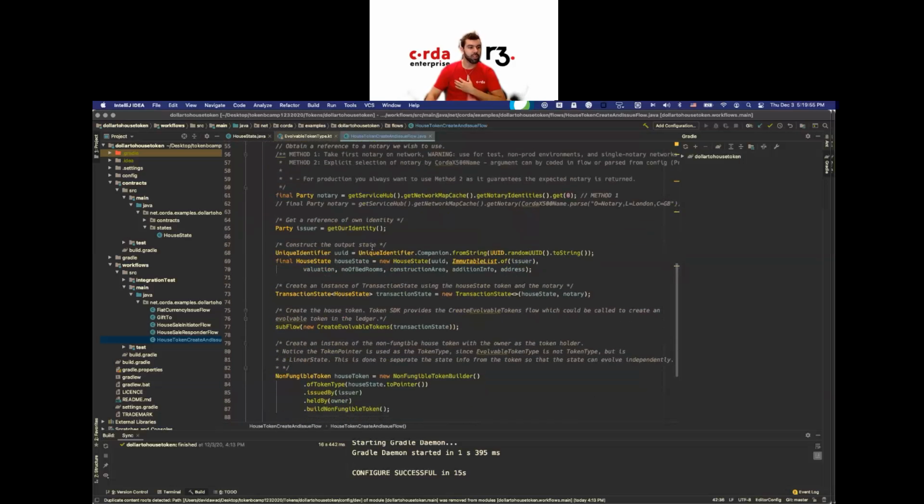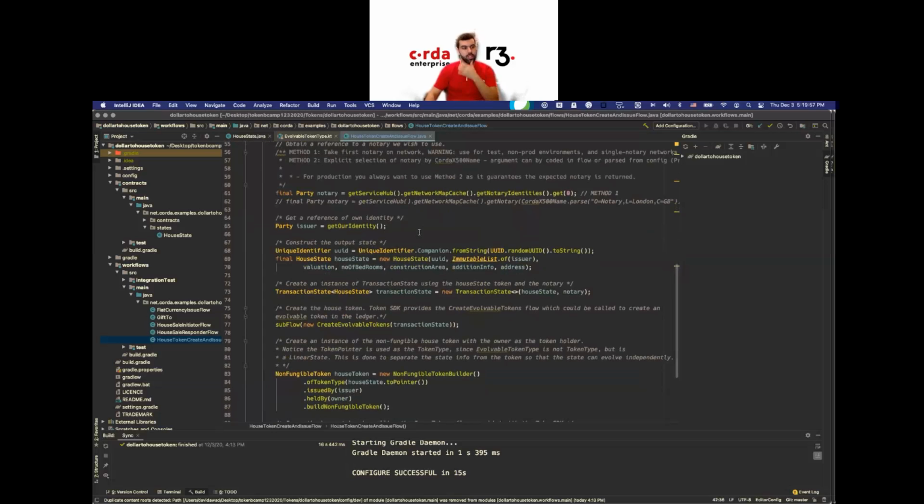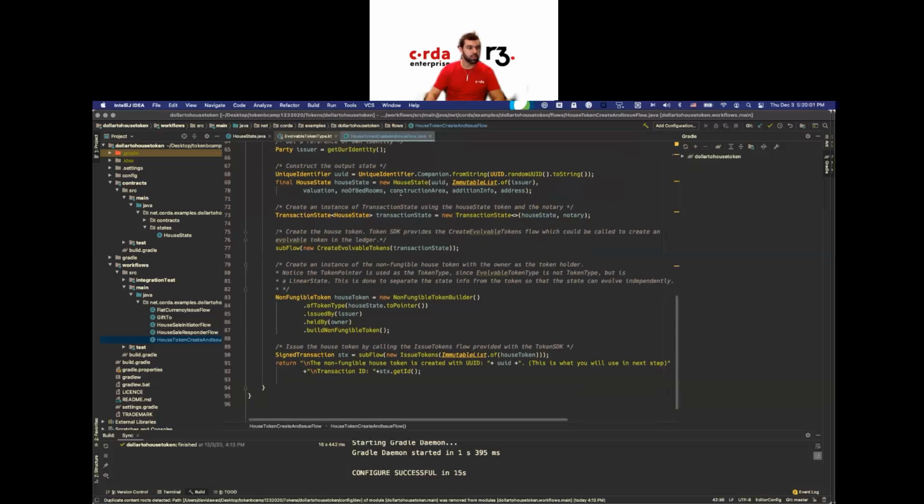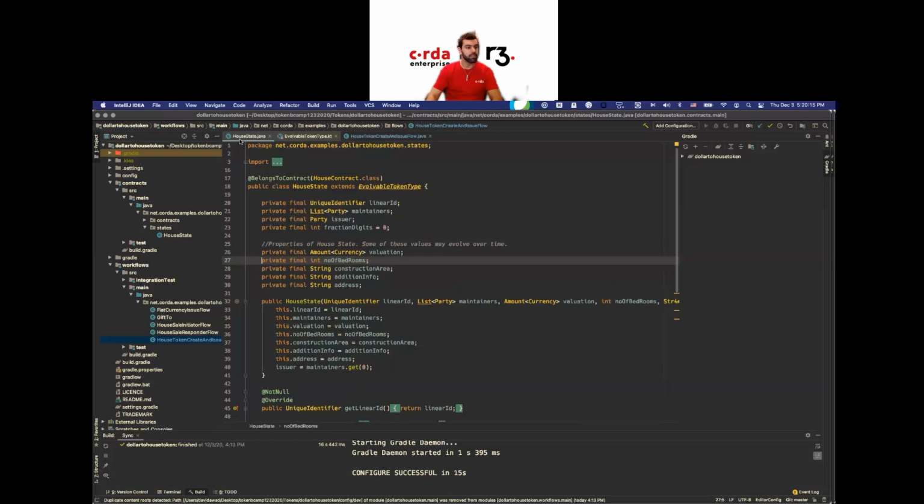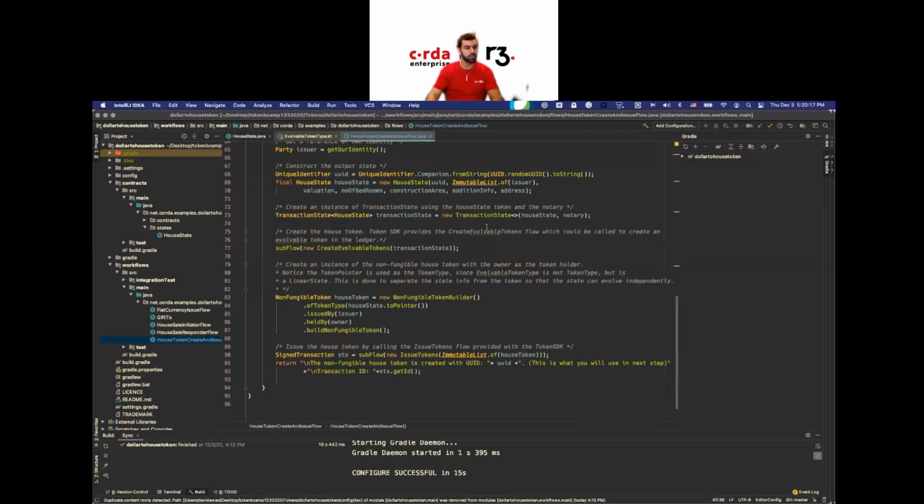So when we run our flow, we grab the notary from the service hub. As usual, we get our identity, and we get a unique identifier to construct the output state. That's going to be the house. So we create a house state, and here we're just initializing our house state that we looked at earlier, like we would normally. There's nothing too crazy happening here, even though that is an evolvable token type. We don't actually do